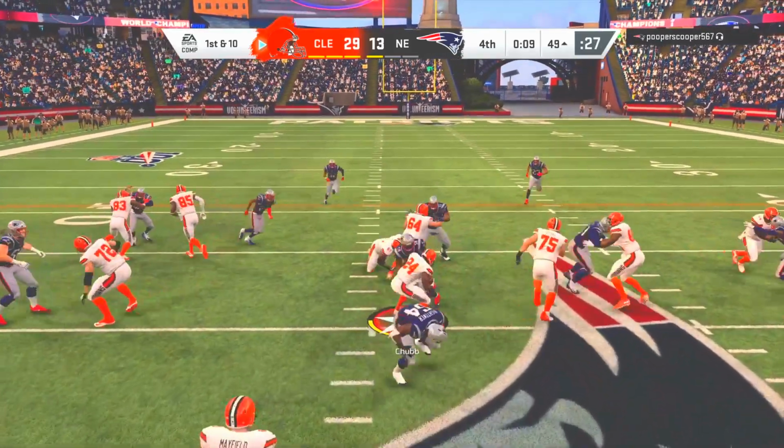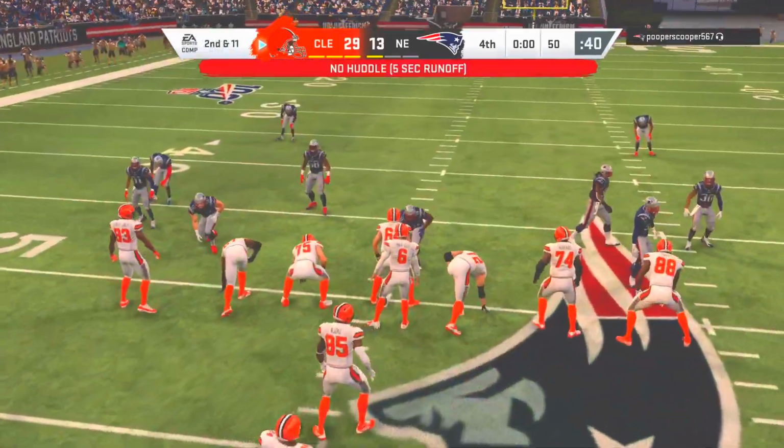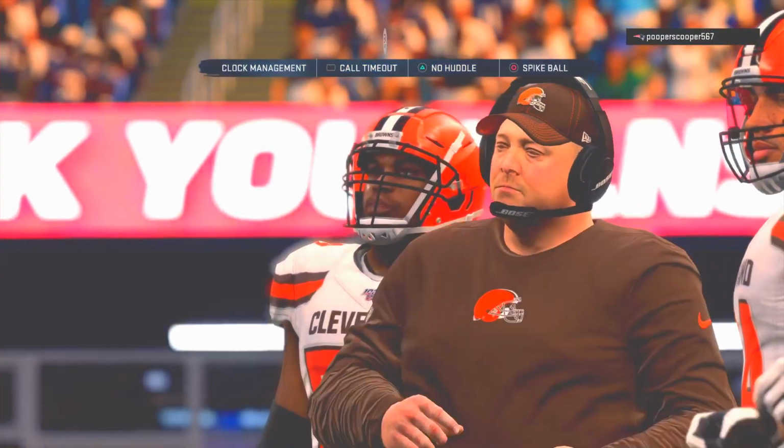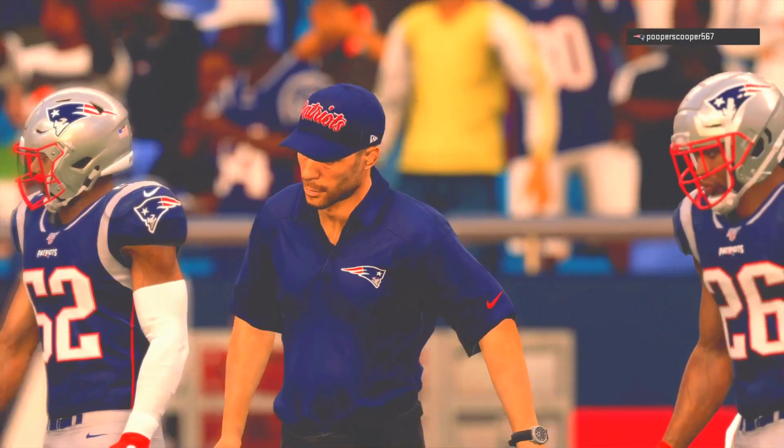Chubb on the counter. And I think this defense knew what was coming as he is smothered behind the line. So Cleveland able to come away with the victory here. And, of course, this win a big one. They can hang